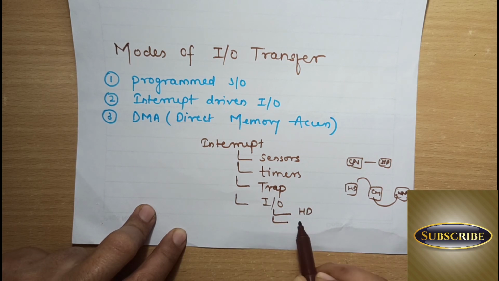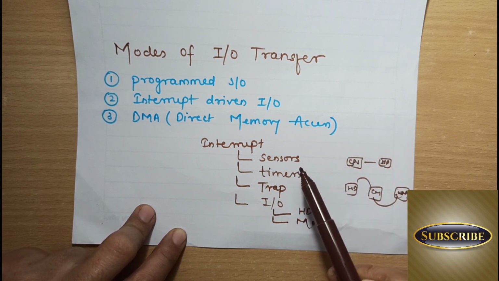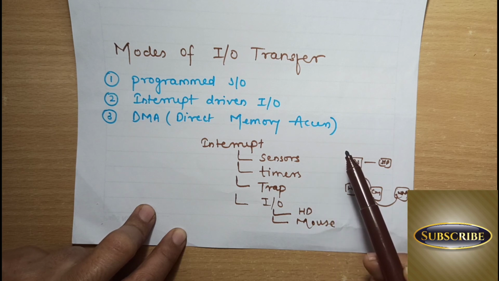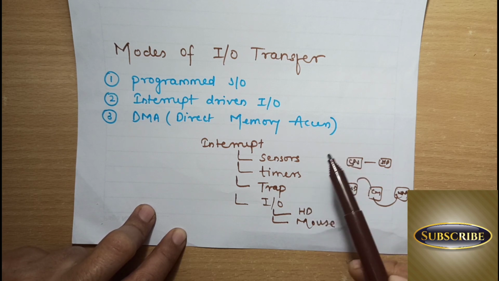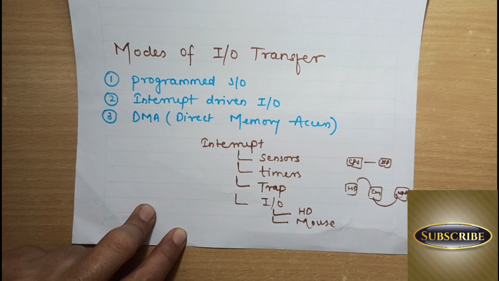Then the next priority could be given to the mouse. You have seen how we use the mouse: from here to here, if we move the mouse, at every fraction of a second you are generating a different number of pixels, and that number of pixels has to be processed very fast. If you do not process it, you may lose that pixel, right? So that is why the mouse is also a priority IO device that generates an interrupt to the CPU to give service to it. Okay, and then a printer could be there.